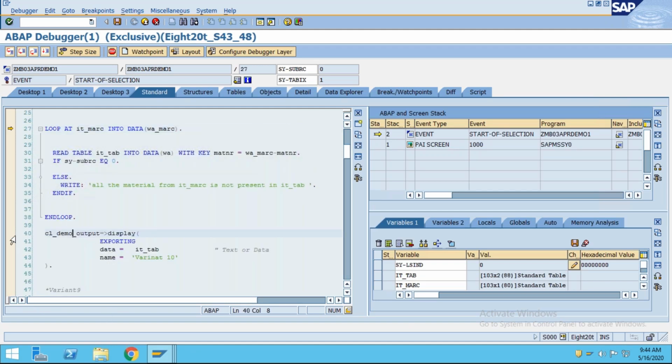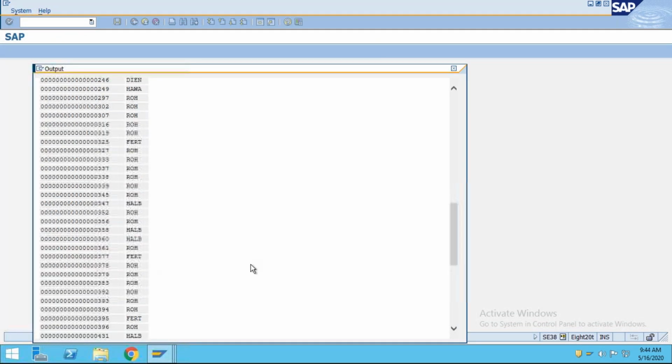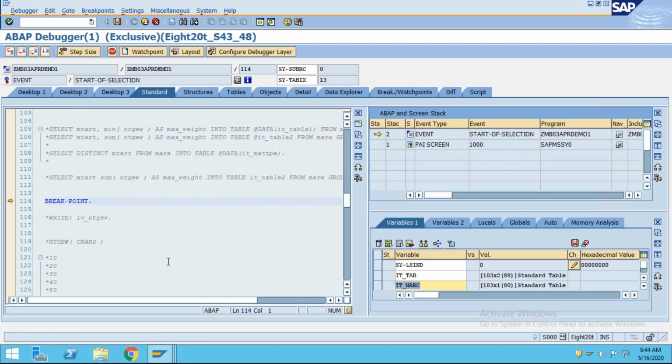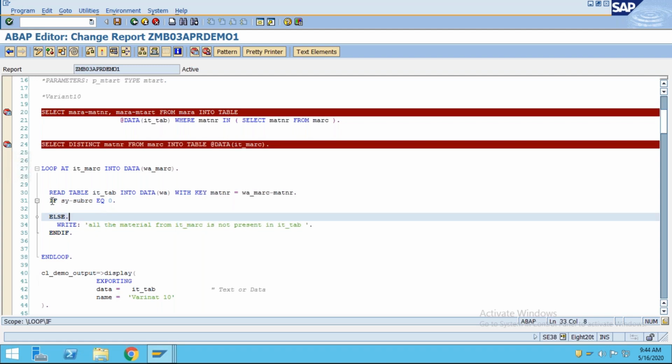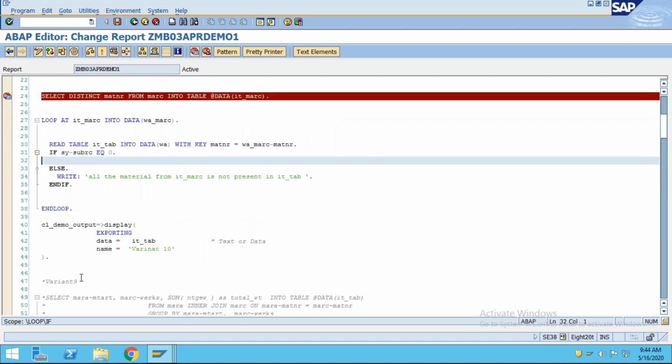Press F8 and F8. You can see there is nothing coming, that means everything is present. If all the material is present, that's why you were not able to see anything.